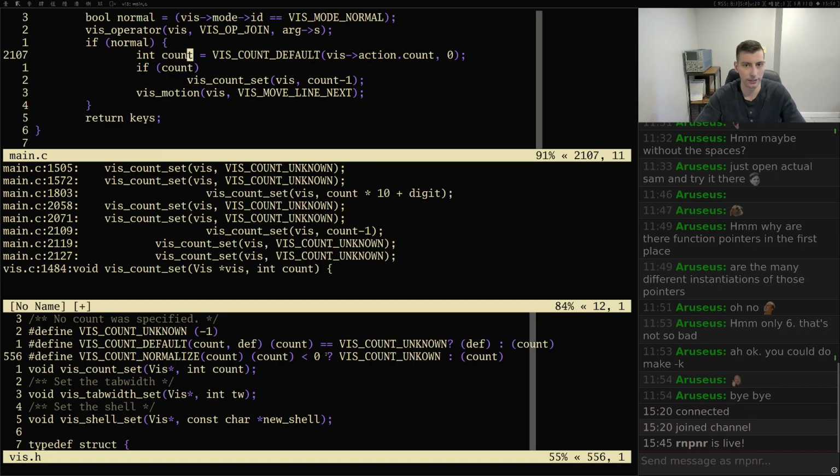So actually, again, yeah, actually here we can change this again. We actually don't even need this variable here anymore. Oh, sorry. Okay, so if count,